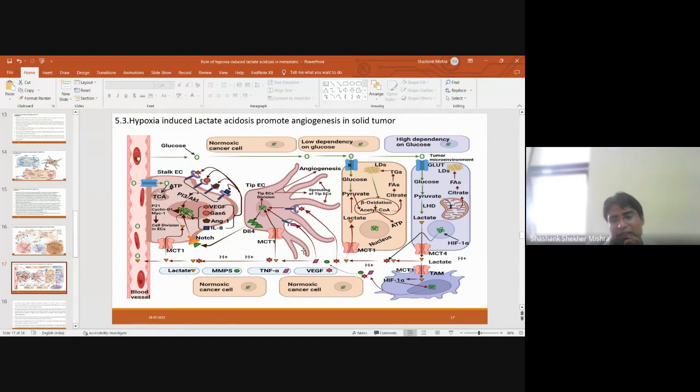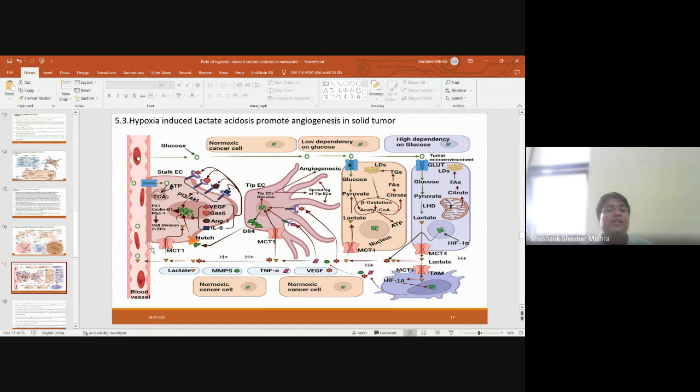endothelial cells. Now, hypoxic cancer cells are totally dependent on glucose. They are metabolizing glucose through glycolysis, and lactate is pumped out through the MCT4 receptor. Lactate secreted into the tumor microenvironment then directly acts on the endothelial cells. This is the enlarged version of the endothelial cells. Once it has acted on the endothelial cells,